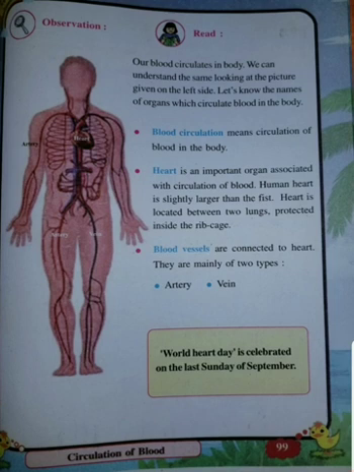Veins. See here, it is written in the yellow box, World Heart Day is celebrated on the last Sunday of September. So every September month, the last Sunday when it comes, whenever, date कोई भी हो सकती है, but last Sunday when it comes in the month of September, it is called as what? World Health Day. Sorry, World Heart Day. So now children, remember the heart is the important organ. Here it is marked, see here, heart. You can see in the picture in your textbook, page 99.